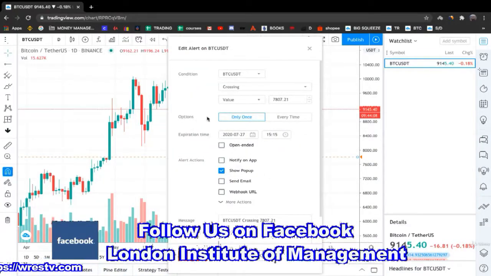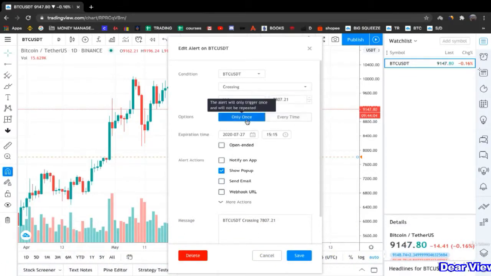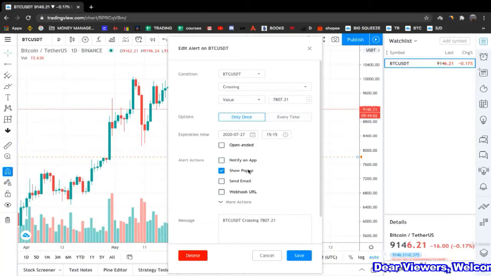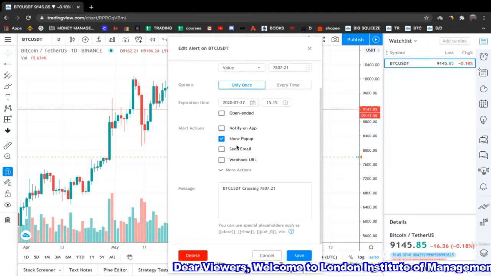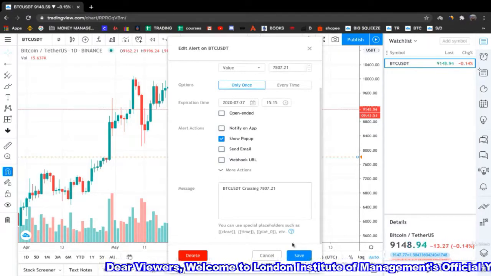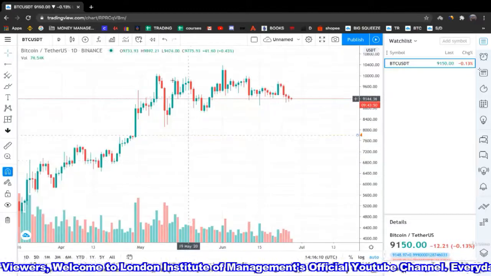You have options. Of course, you can change here the conditions, right? You can also pick only once or every time. You can have some actions here to notify you on the app if you have the TradingView app on your phone, to send you email, to have message as well. You're gonna click save, and this is how you are setting an alert.